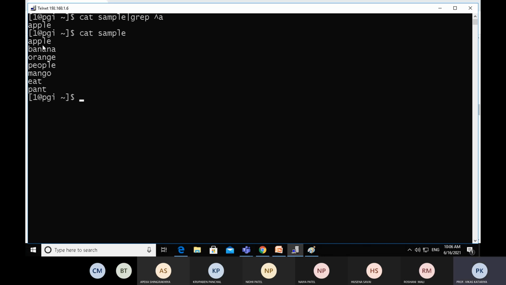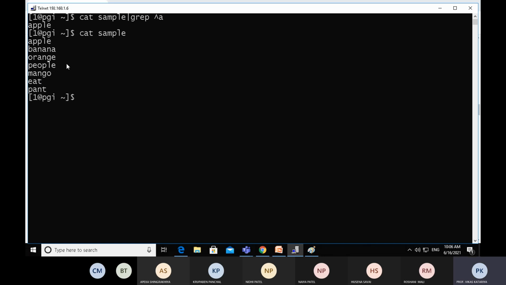That is the output of the sample file: apple, banana, orange, people, mango, eat, pant. We can find those contents that end with the alphabet T. The output of this command will be eat and pant, that we want to display.